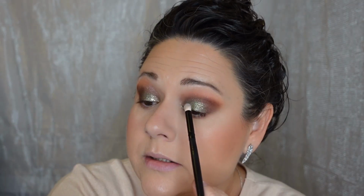And these are a little bit hard pressed in, so I just have to work it up a little bit. And then tap off. Guys, I hope you guys can see. Okay, I'm going to tap. Whoa, that is like super pigmented. And you can kind of see the blue in there. This here, so this pigment right here,